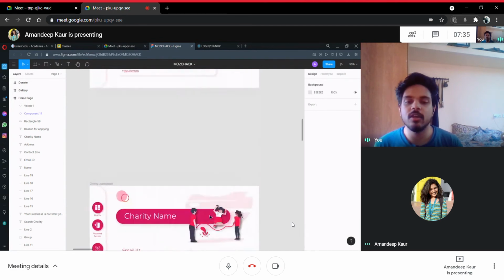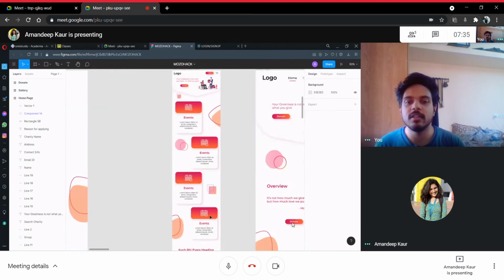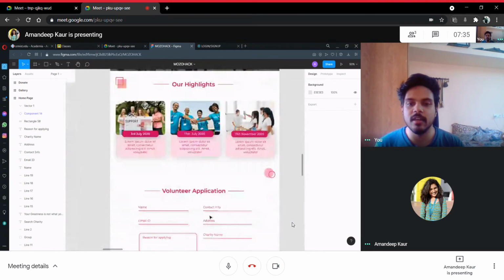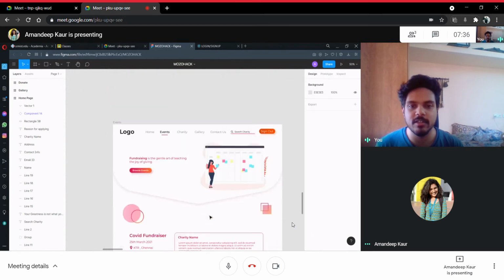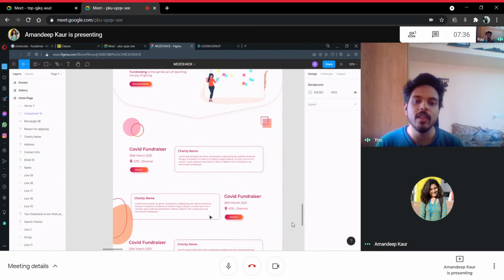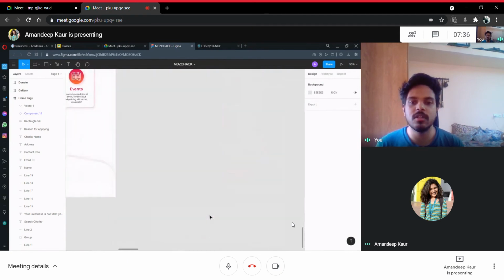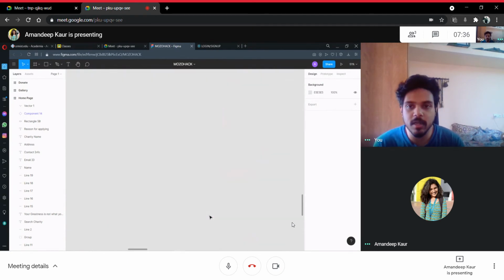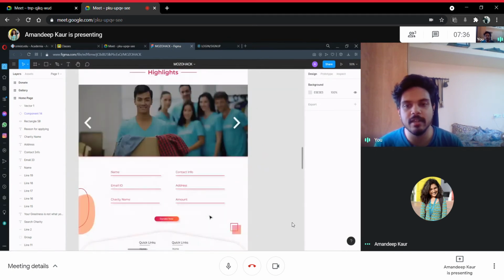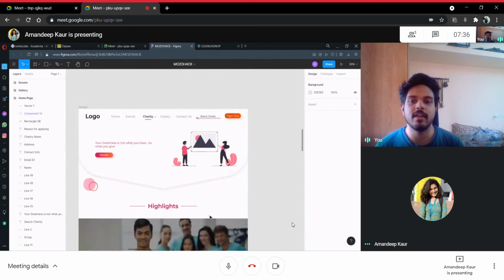The admin page only has one function, which is to accept or reject the applications from the charity. And the home page, as we showed you earlier in the UI, just gives you an overview of what our site is and a few call to action buttons for volunteer application, and the events page gives you the event details. Our future implementation includes a payments page where you can donate money online. We haven't implemented that in code, but that is one idea, that people can donate online. So now we'll be showing you the actual implementation of our code.